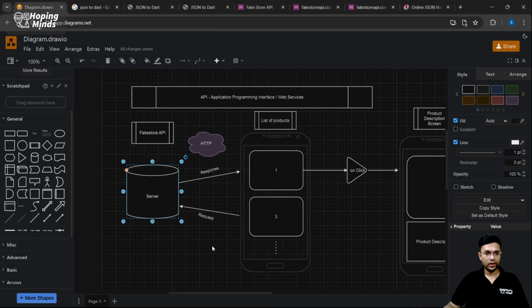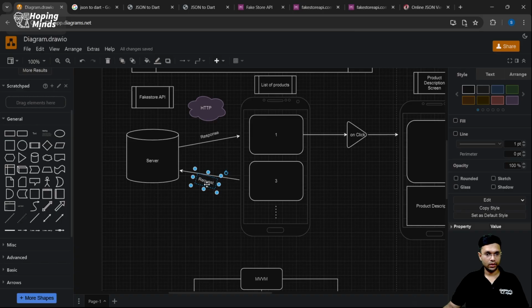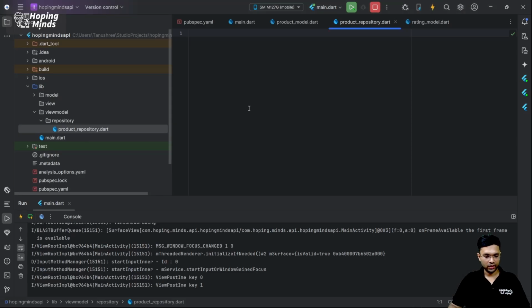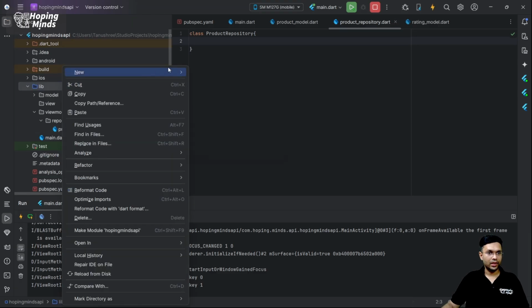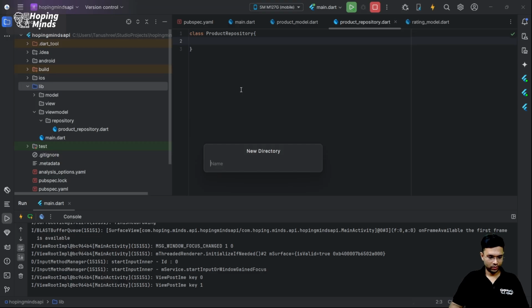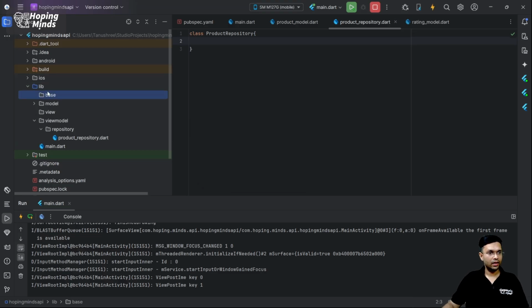Now what I'm going to try and do is this request. What I would rather not do is dump the code in one single place. Hence, this request as well as this response I'm going to put within the class ProductRepository. This would help me segregate the logic amongst different classes and not dump it in one single place. Now, in the lib directory, I would also want to have a base